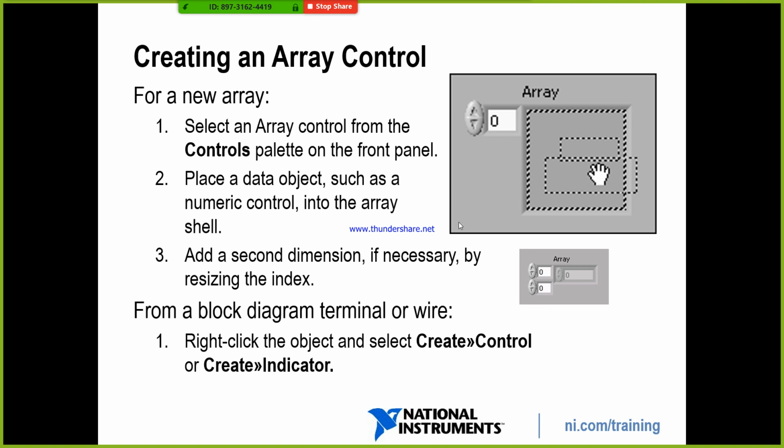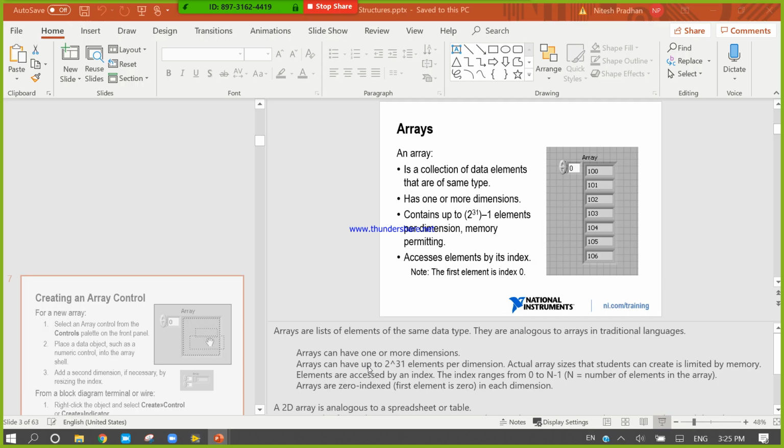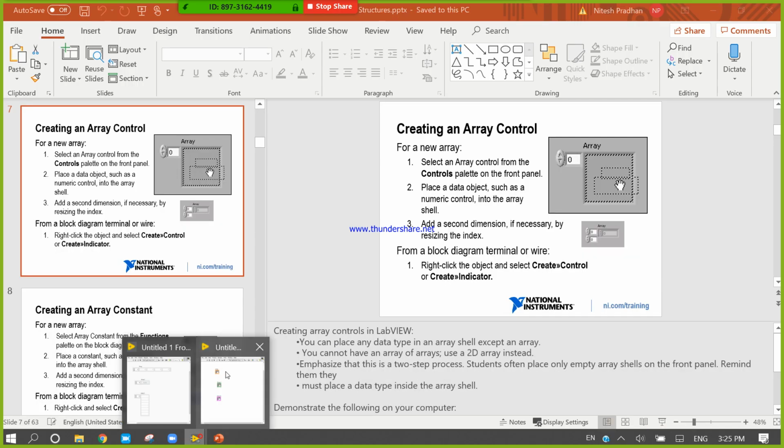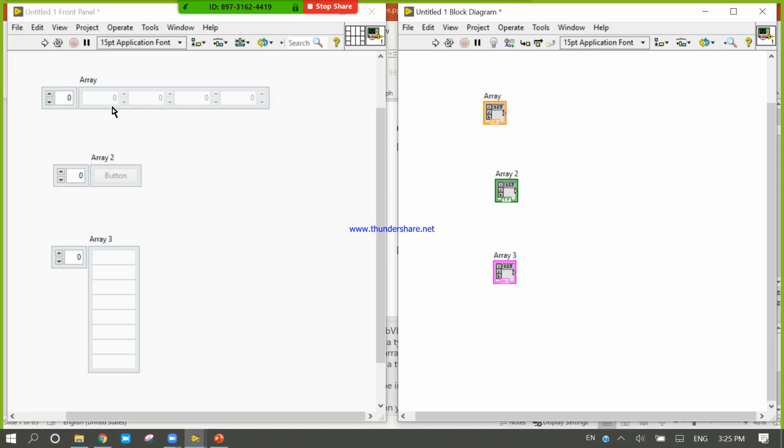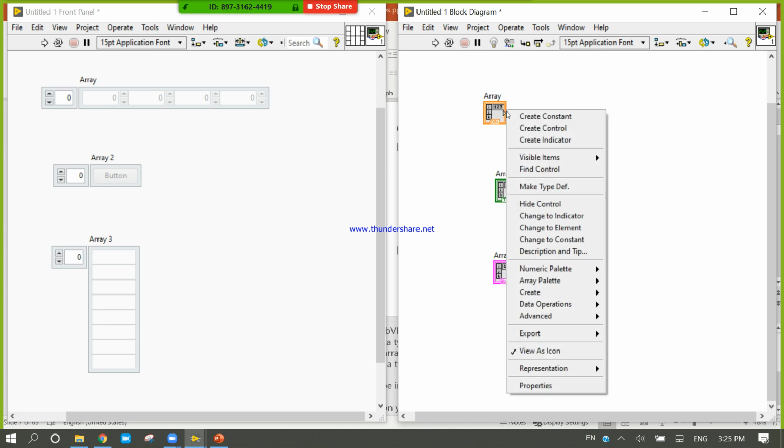Now after that we can create a one dimension array. Let's see how we can do it. This is a one dimension array which we have designed. Now right click here and create indicator.